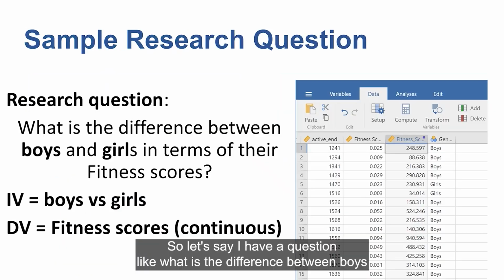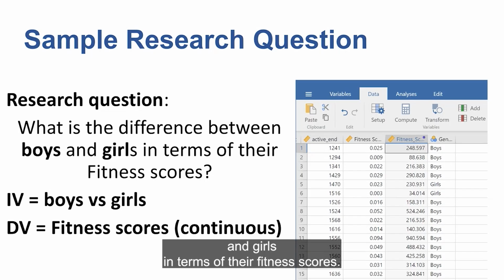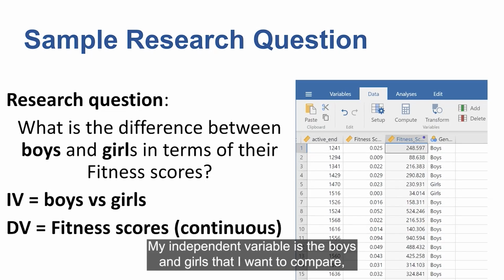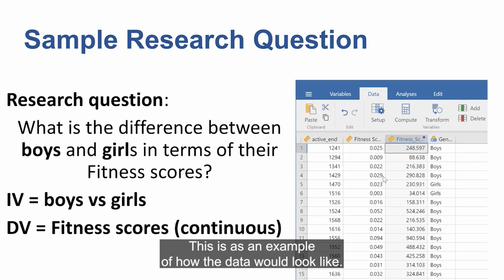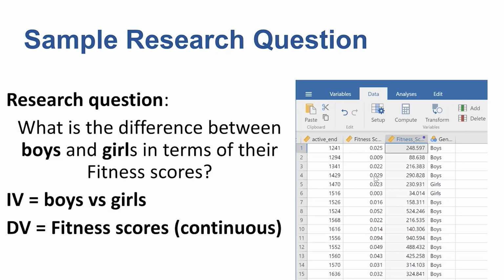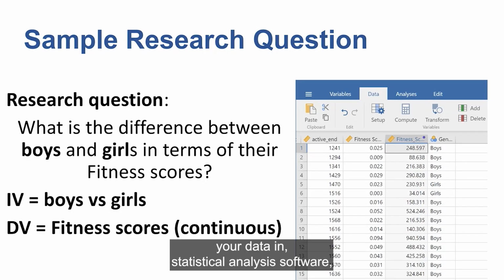All right. So let's say I have a question like, what is the difference between boys and girls in terms of their fitness scores? My independent variable is the boys and girls that I want to compare, and I want to compare them in terms of their fitness scores. This is an example of how the data would look like if you are to have your data in